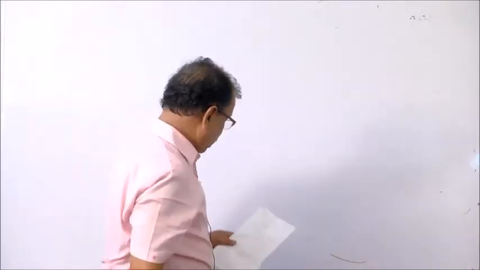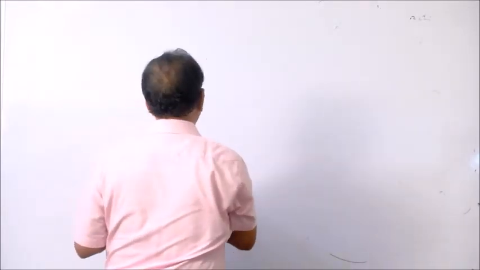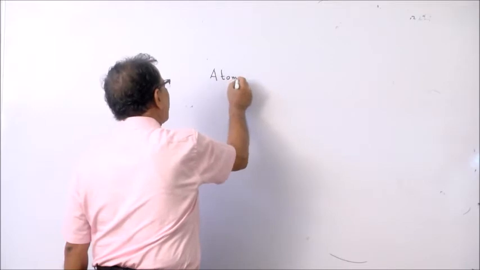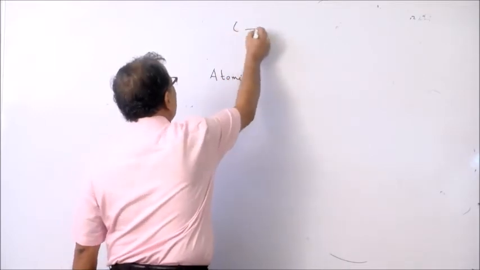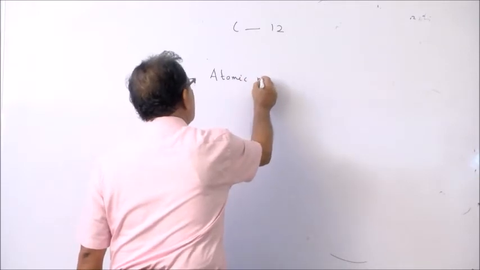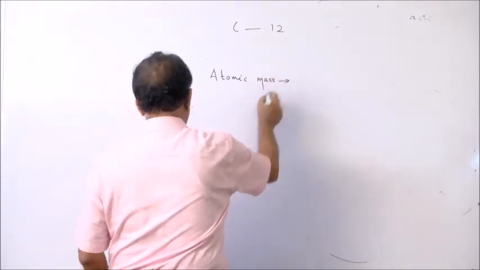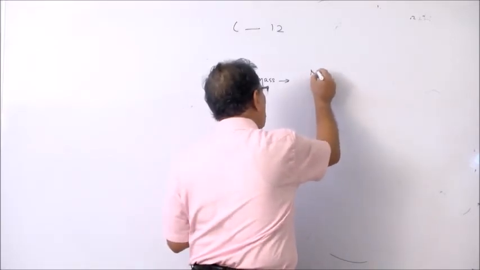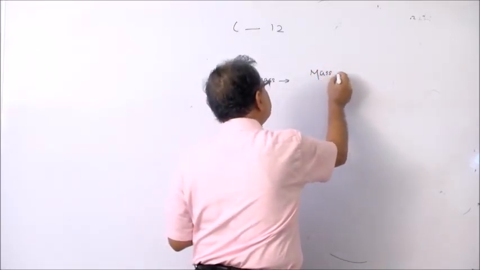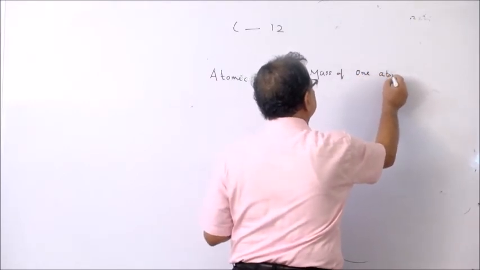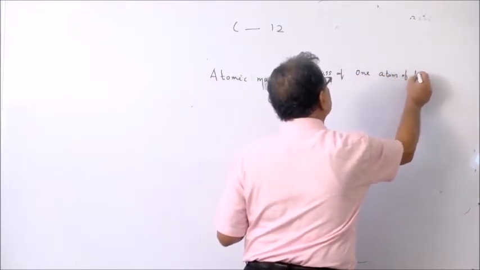Then we will discuss some concepts of atomic mass. Standard: the mass of carbon, taken as the standard, is 12 atomic mass units. What is atomic mass? The atomic mass is the mass of one atom of the element